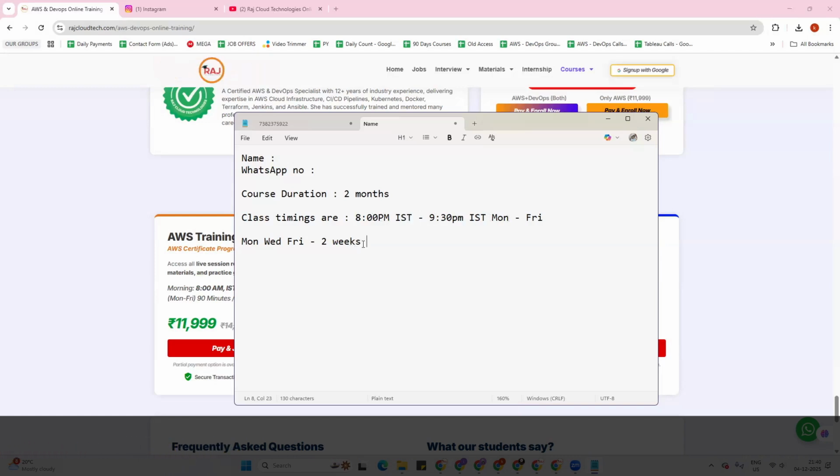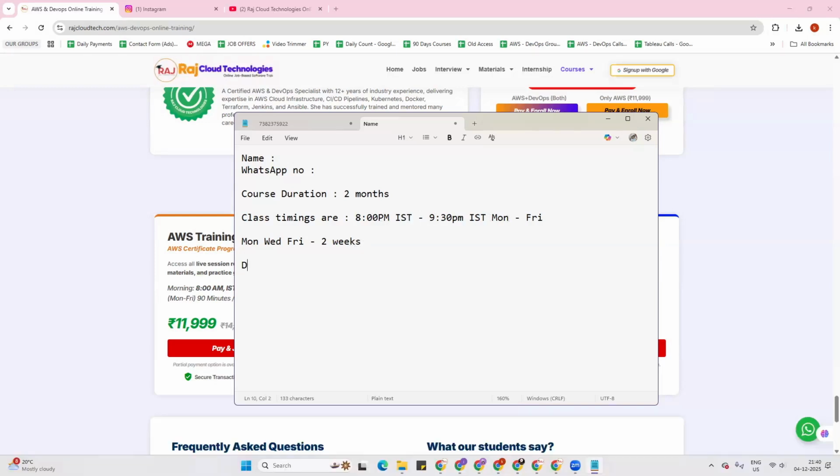Coming to the course fees, whoever joins today will get a 10% discount on the course price. If you go for both AWS plus DevOps, the course price is 19,999.